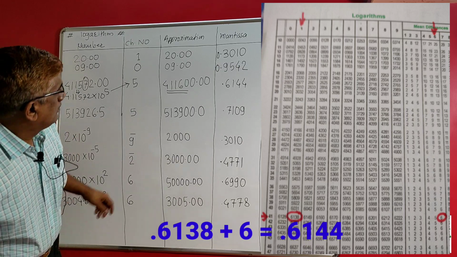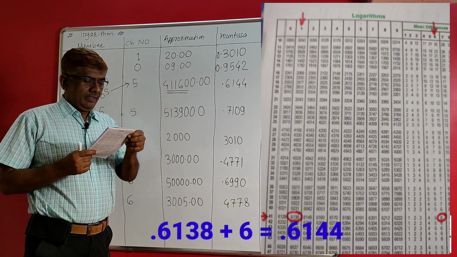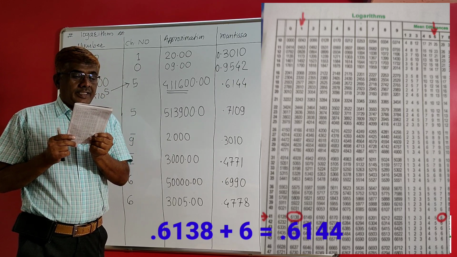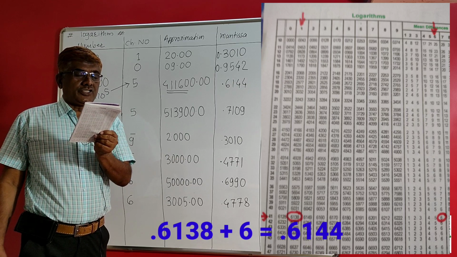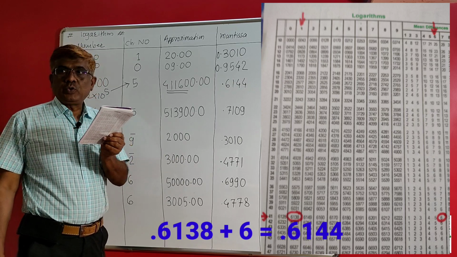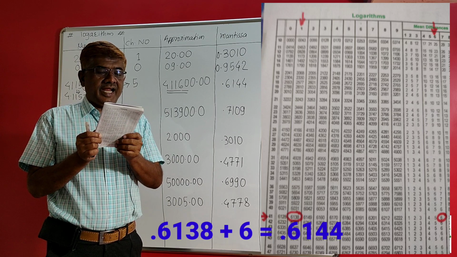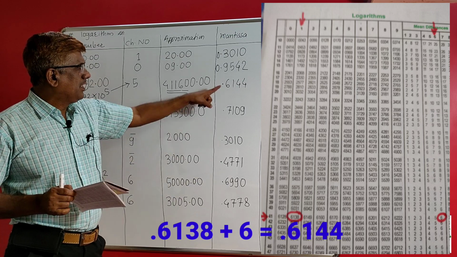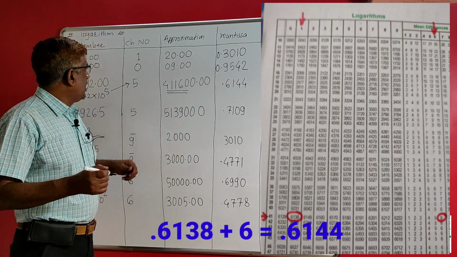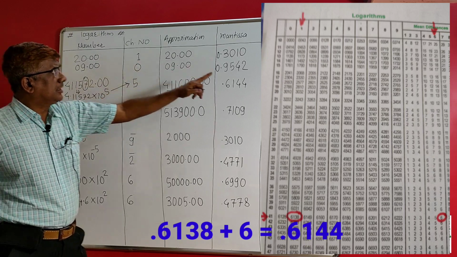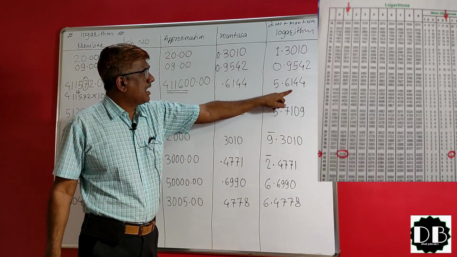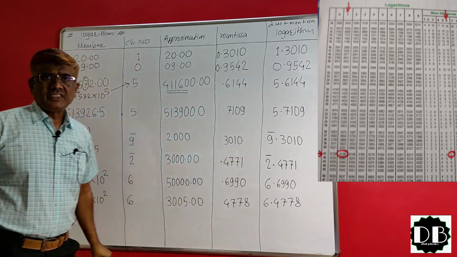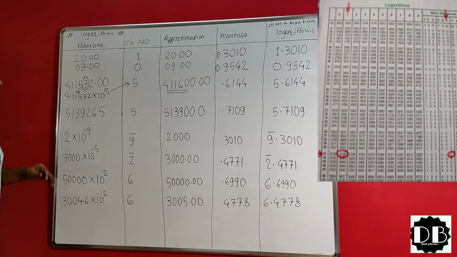You can see the log of 41. First column 41. Second column, that's the column of 1, indicates in the similar row 6138, and into the 6 it adds, and it is 6138 plus 6, 6144. Our logarithm is mantissa plus character number, addition of both is 5.6144. In this way we can see the next number.